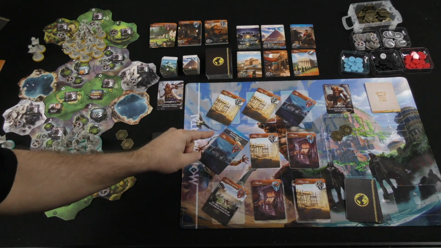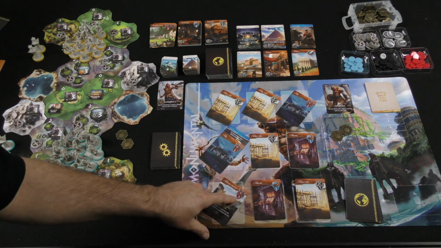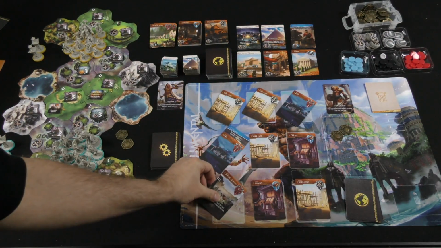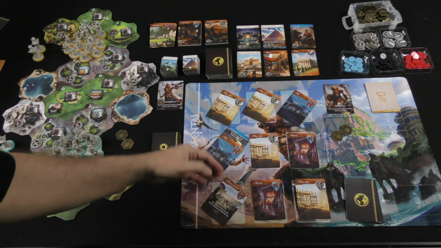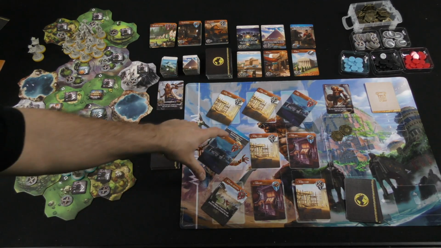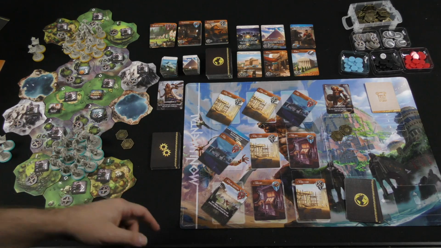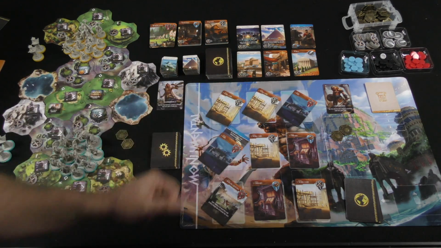But let's also look at other things we have here. We've got military. So I've got 2 military, and a military based on other things I've done. So gain 1 military for each fort and archery range you activated this turn. I actually activated 2 forts here, so it would be 1, 2, 3, 4. So I'd have 4 military and 2 production that I could spend on this turn. I also have this card I can trigger. It says pay 1 basic resource to gain 1 different basic resource. So for example, if I wanted to spend one of these 4 militaries to gain a production, I can